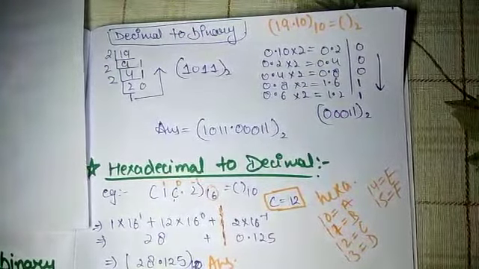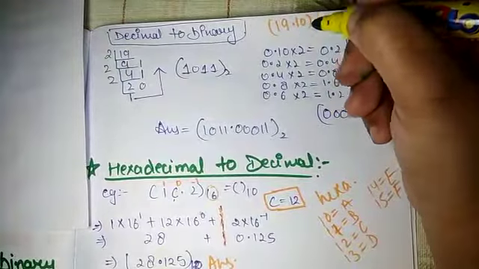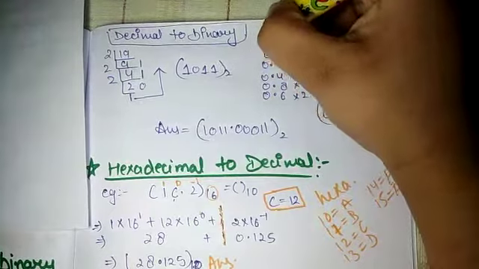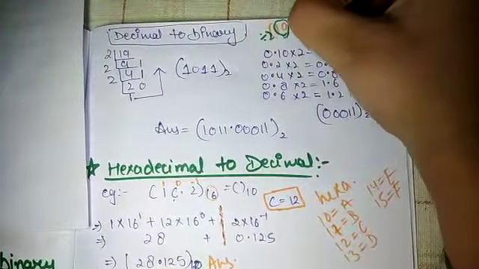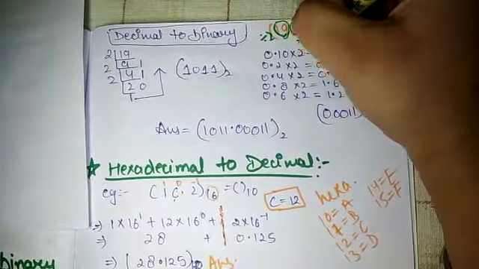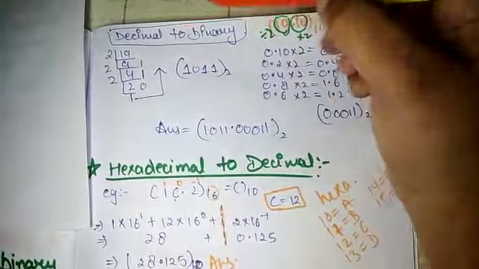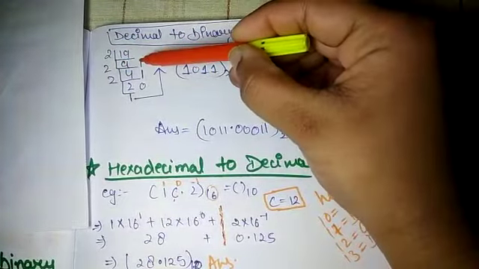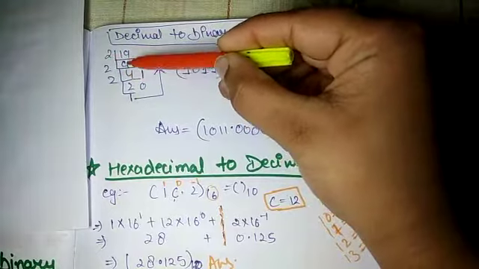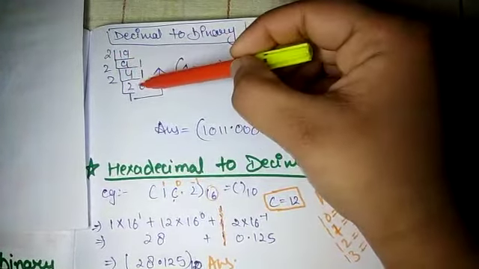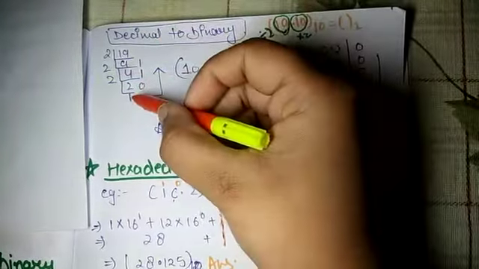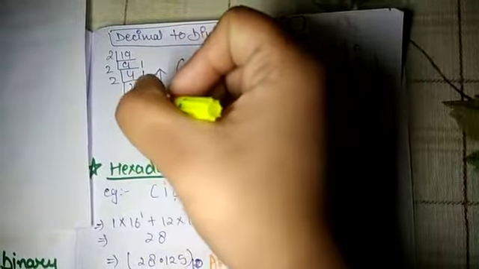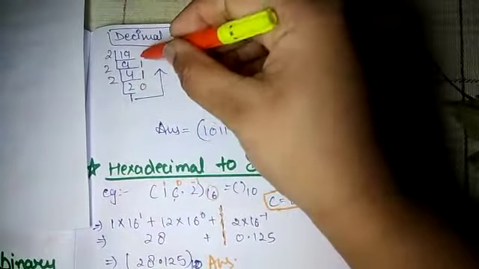Now what we are doing? We know that this part will be divided by the base, that is 2, and the part after the point will be multiplied by 2. So 19 will be divided by 2: 2 9s are 18 with a remainder of 1, 2 4s are 8 with a remainder of 1, 2 2s are 4 with a remainder of 0, and 1 here. So the binary answer for 19, reading from bottom to top, is 10011.